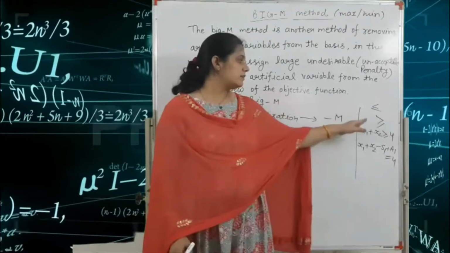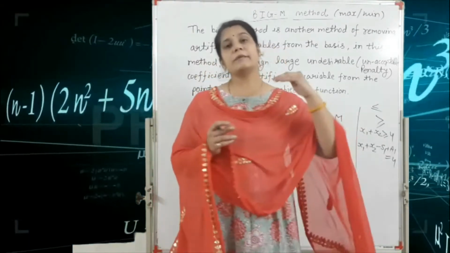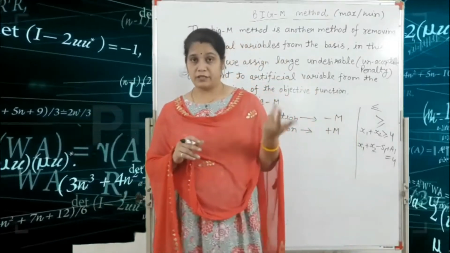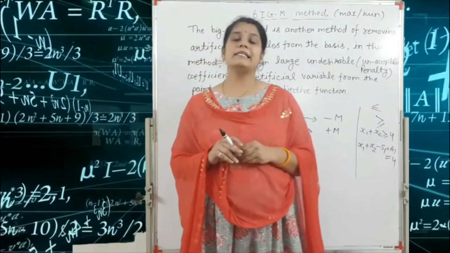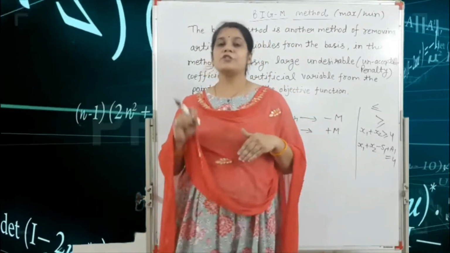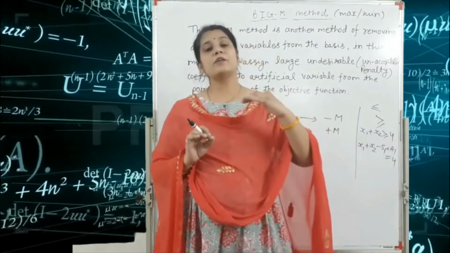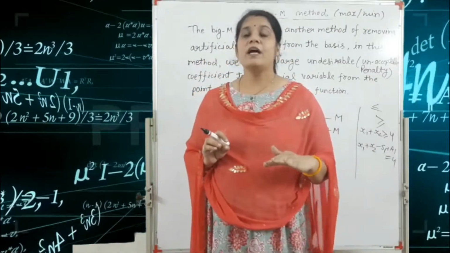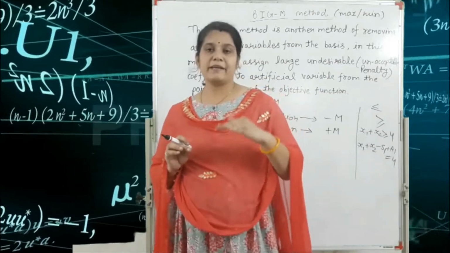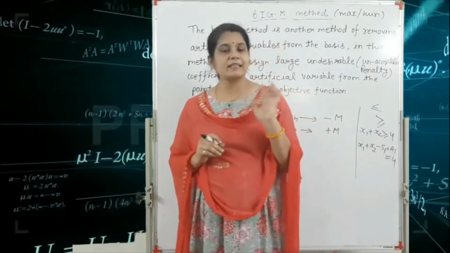Second point is related to the artificial variable. Third point is that if your replacement ratio is a minus sign, infinity, or 0, you just ignore these three types of values. You consider only the positive value, and the leaving variable depends on the minimum positive value. This is the third point.